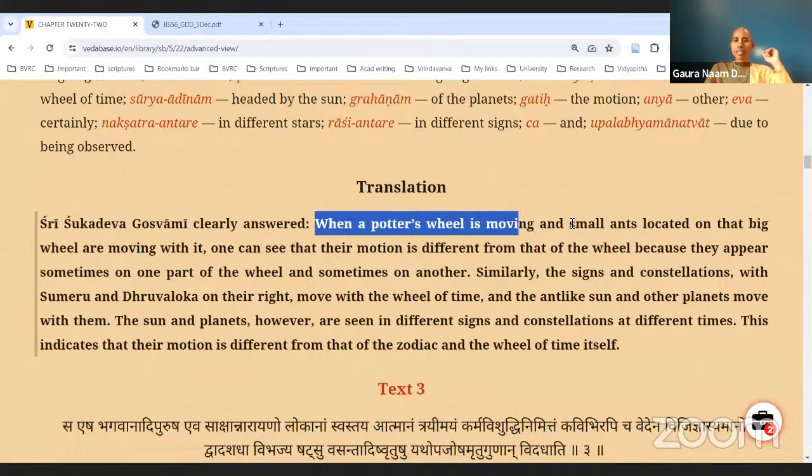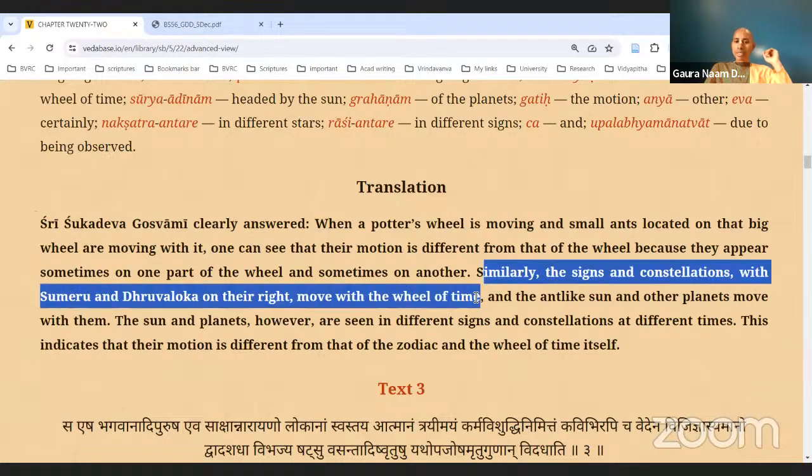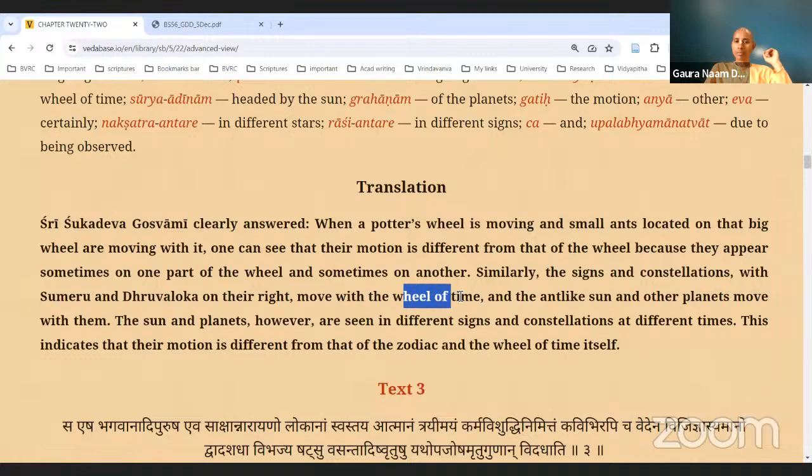When a potter's wheel is moving and small ants located on that big wheel are moving with it, one can see that their motion is different from that of the wheel because they appear sometimes on one part of the wheel and sometimes on another. Similarly, the signs and constellations with Sumeru and Dhruvaloka on their right move with the wheel of time. That means all these 28 nakshatras are moving at the speed of the wheel of time. And the ant-like sun and other planets move with them. The sun is also moving along with these planets, but since its speed is a little less,